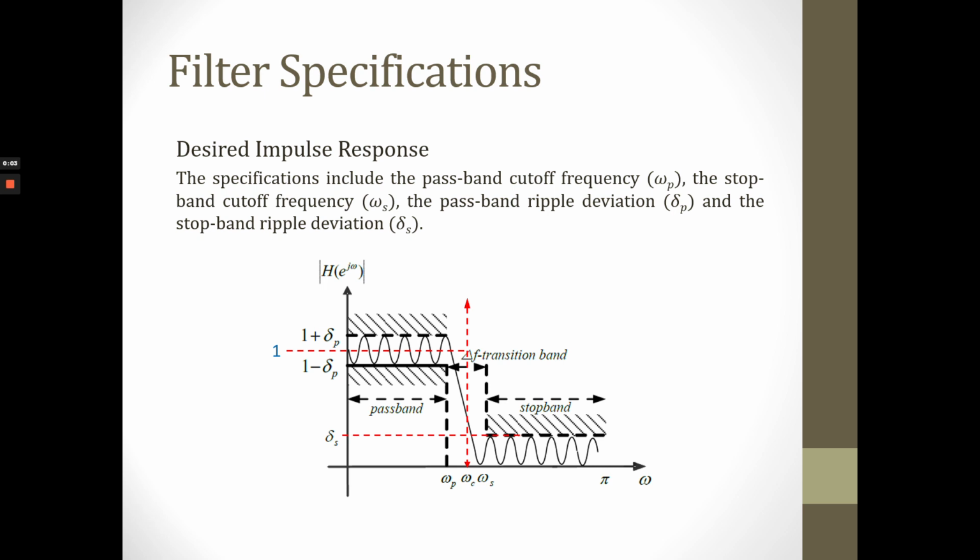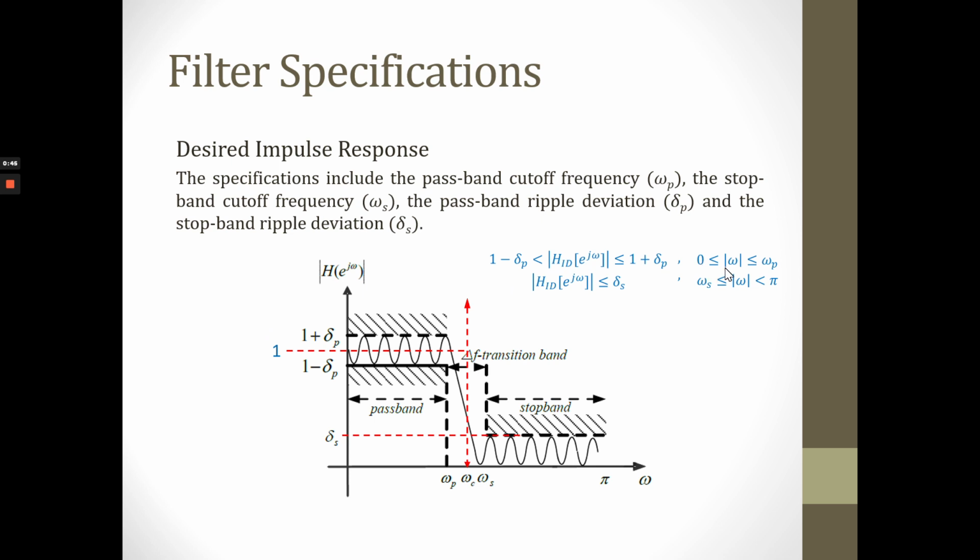Based on the desired impulse response, the specification includes the passband cutoff frequency omega p, the stop band cutoff frequency omega s, the passband ripple deviation delta p, and the stop band ripple deviation delta s. All of these parameters, omega p, omega s, delta p, and delta s, can be found in the previous equation for desired impulse response. So, based on this equation,